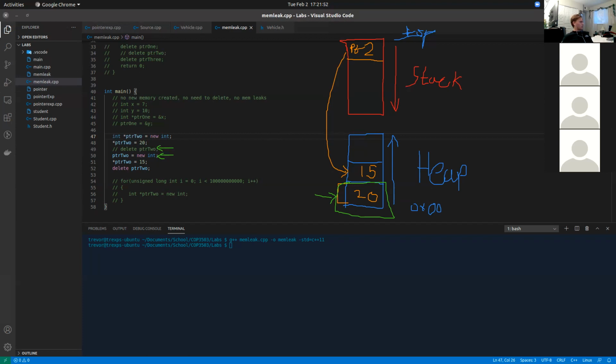But let me go ahead. I got a little ahead of myself. Let me go ahead and actually run this code. And I'm running the output file through a program called Valgrind. What Valgrind allows the user to do is actually check the memory that's been leaked in the system. And it'll give you how many bytes and how many deletes versus news have occurred